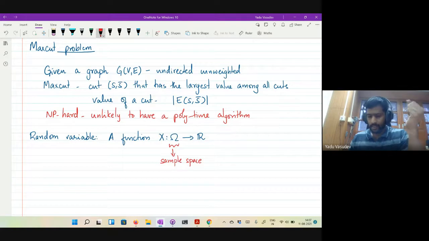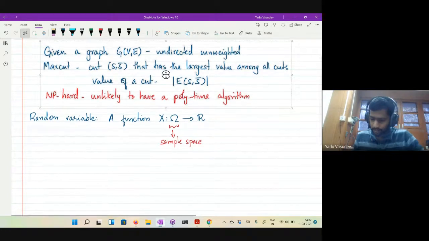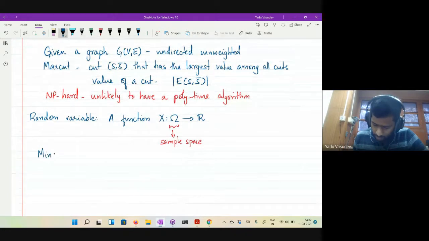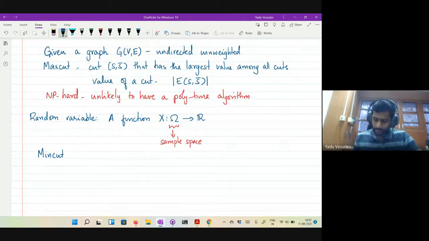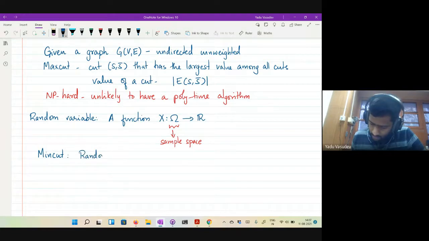Typically, you would have seen random variables defined by explicitly giving the values for the outcomes. Whereas in a randomized algorithm, that random variable is implicitly defined by the outcome of the randomized algorithm. So just to look at an example, you might have seen examples before. Let's just go back to MinCut. So if you look at the MinCut, then what is the random variable associated with the output?